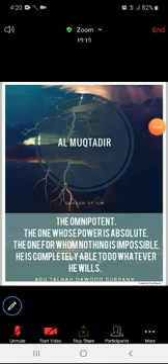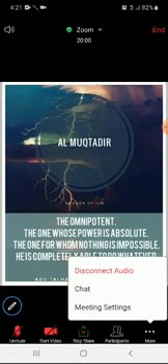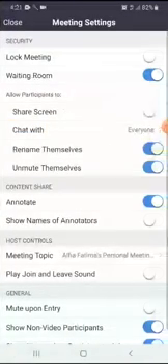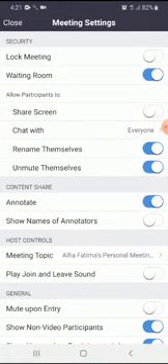Now, what happens is sometimes when you are explaining or annotating on the picture, you see that the students as well annotate on the screen, they scribble. So in order to disable that feature, what you have to do is go down below to more. That is the three dots. You have to select this. Then you will be seeing these options. In this, select meeting settings. When you select meeting settings, you will see all these options.